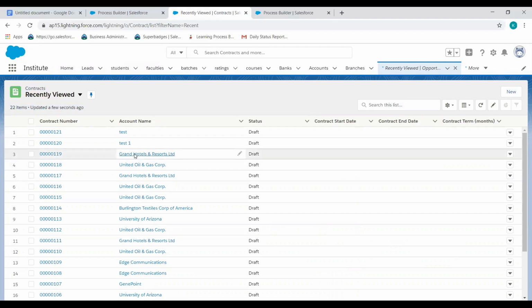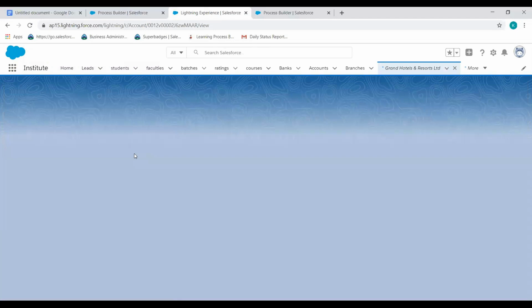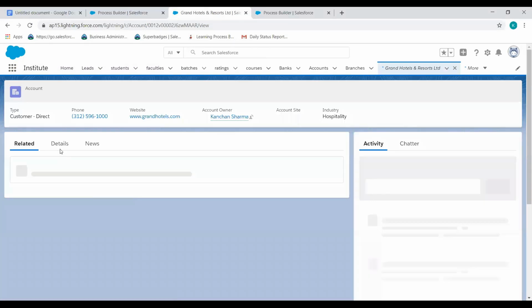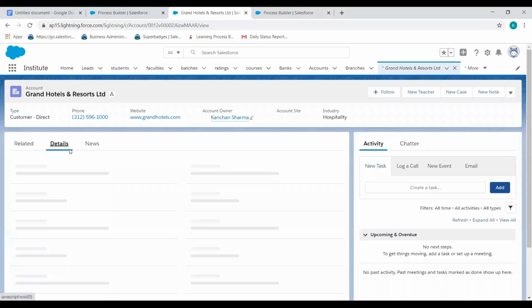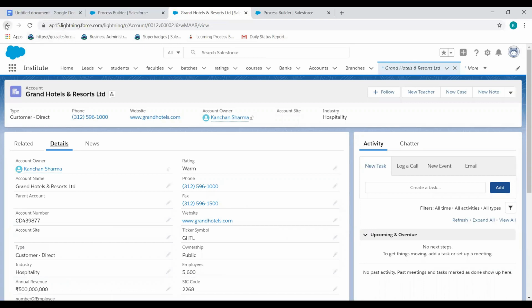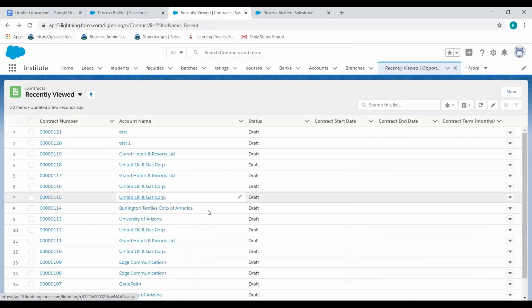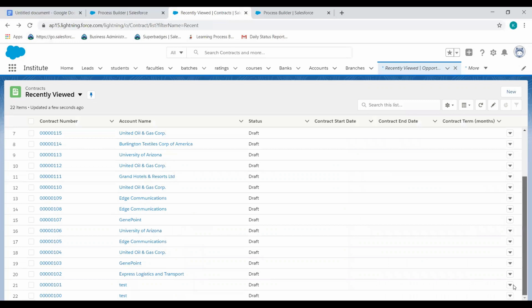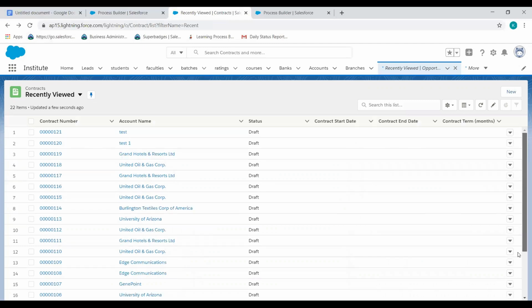So you can see this opportunity, and this is the account. So you can see all the records will be created which have an amount of about 25,000 and stage equal to closed won.